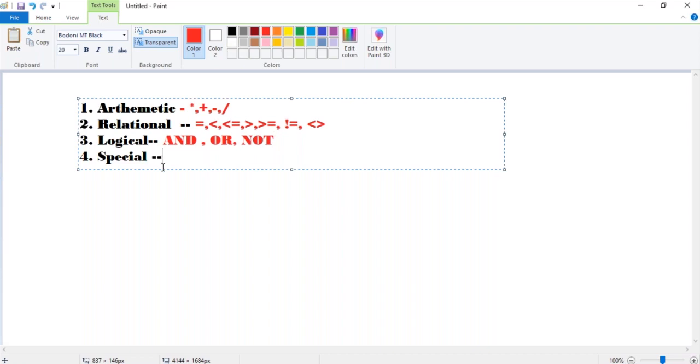Now coming to logical operators, we will have AND, OR, and NOT. And we will have special operators, which have some special meaning: LIKE, NOT LIKE, IN, NOT IN, BETWEEN, and NOT BETWEEN.